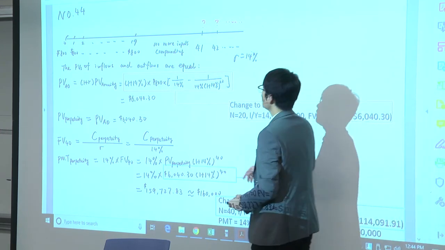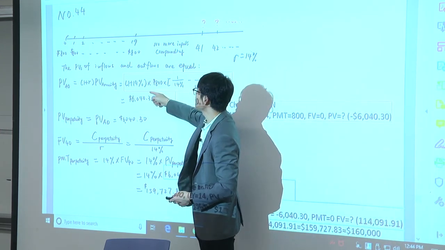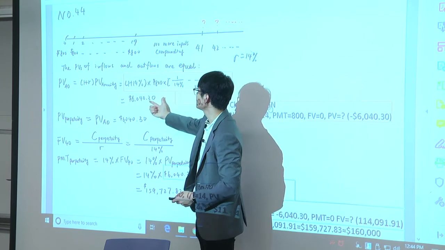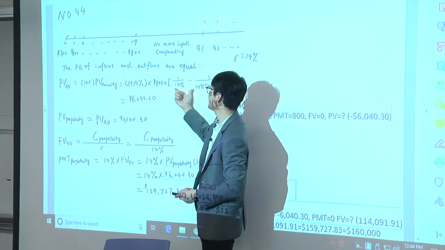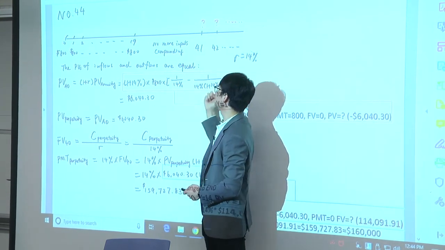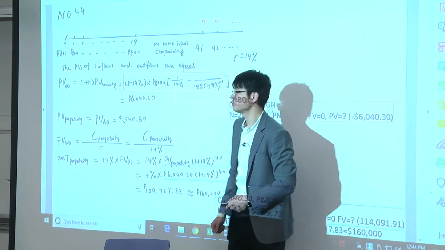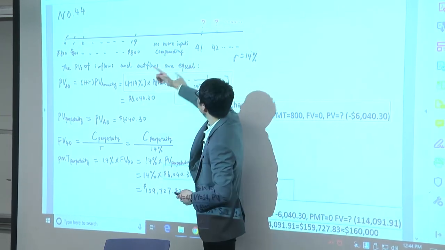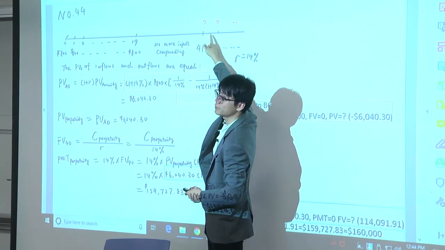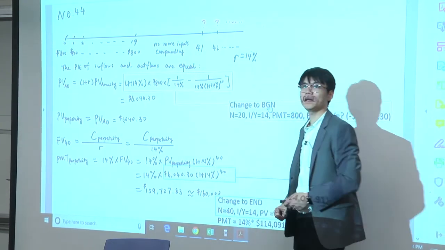Because to calculate this annuity due for the first 20 years, we follow the equation: the value of the annuity times 1 plus r. That's the value of the annuity due. This value is the same as this perpetuity's value. Okay? Now,